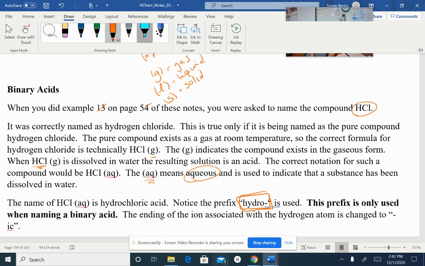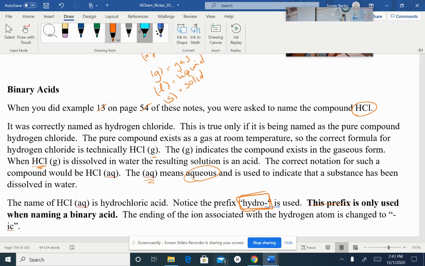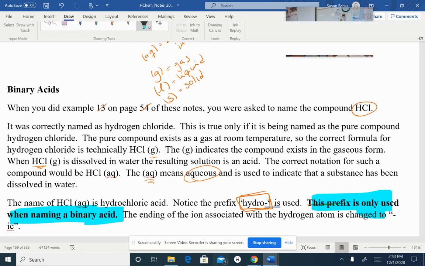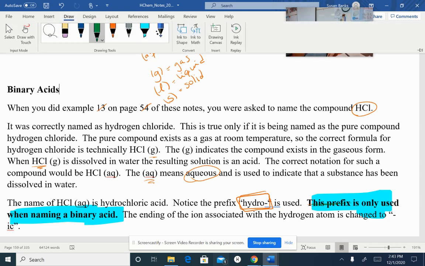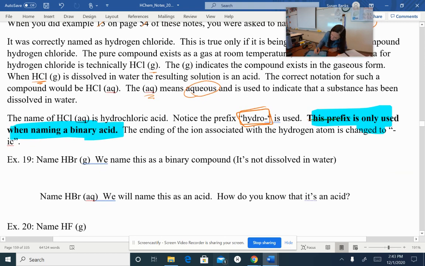This prefix, hydro, is only used in binary acids. Only binary acids. So when we look at binary acids, we are looking for stuff like this. We will have,